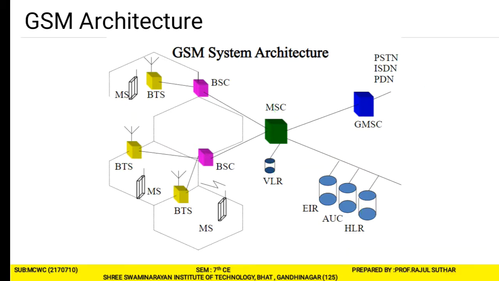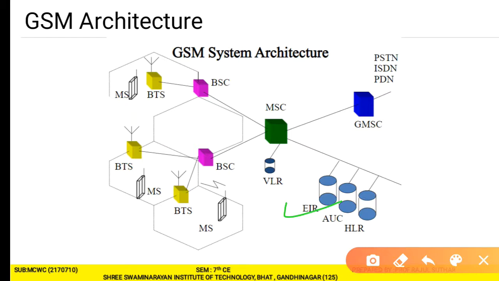So let us move on to the next point, EIR. EIR is the equipment identity register. The equipment identity register is a database that contains the list of valid mobile equipment on the network, where each mobile station is identified by its international mobile equipment identity. The IMEI is marked as invalid if it has been reported stolen or is not approved. The various types of information contained within the EIR: